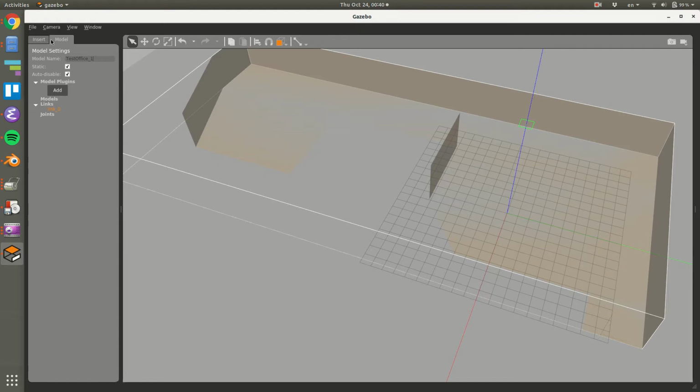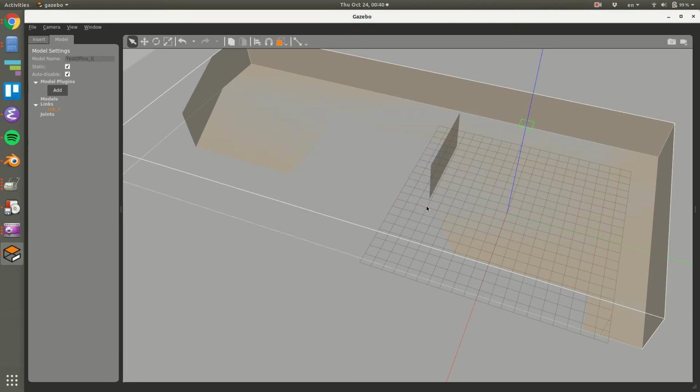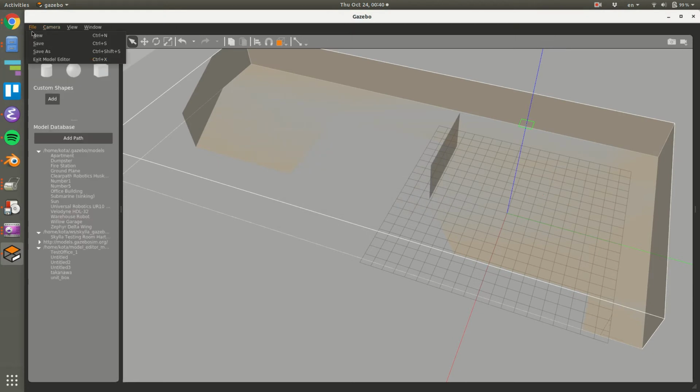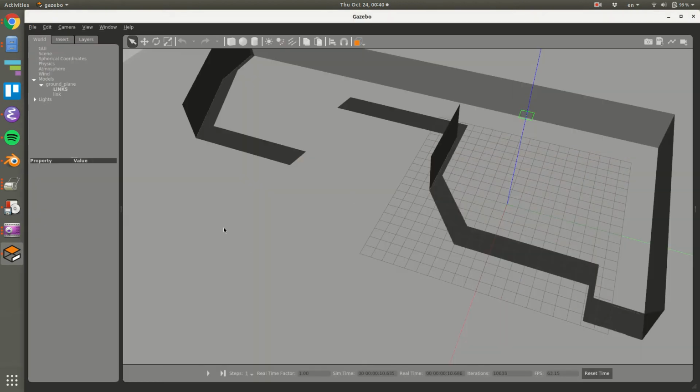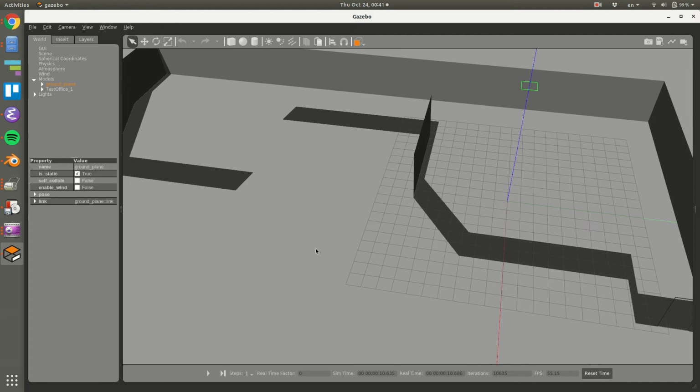Good. And let me save that, just office 1. Okay, so the first thing we notice is if we exit this and you look at this, it doesn't have any of the colors that we talked about before. So this is the first piece here